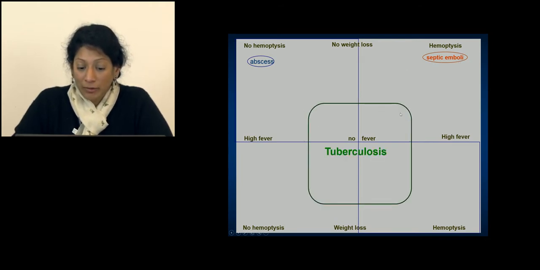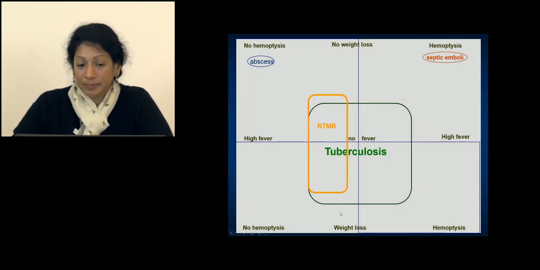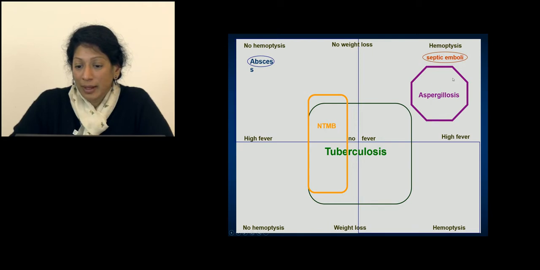Tuberculosis has low-grade fever, but they have quite a lot of weight loss, so this belongs in the center. Non-tuberculous mycobacteria have very seldom hemoptysis, so this usually belongs here, and they have less weight loss compared to tuberculosis, so they are slightly higher up here. Aspergillosis has quite often hemoptysis and has often high fever, but they don't have any weight loss, so they